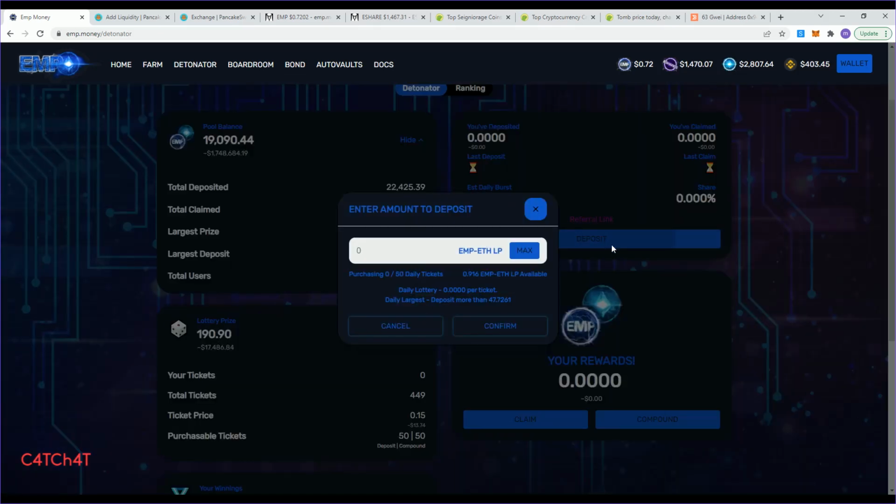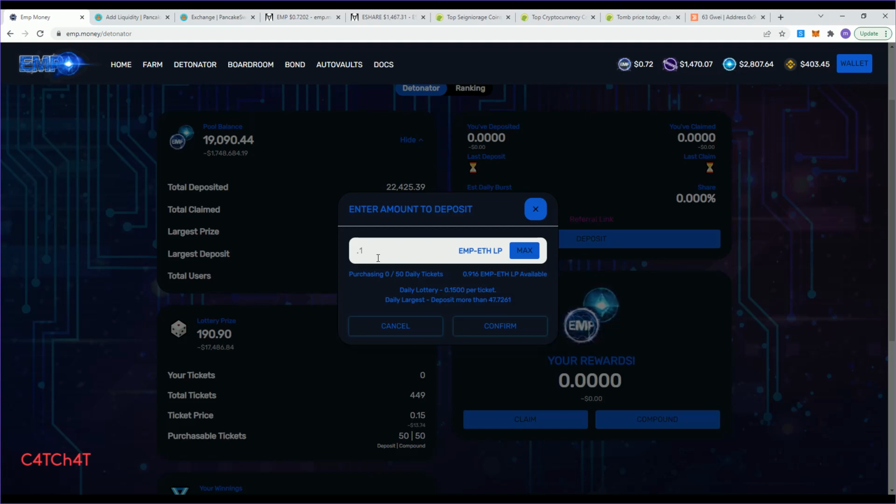So what I'm going to go in here and look at is, okay, I have 0.916 LP, but we need at least 0.15 for a lottery ticket. So I am going to put slightly over that, 10% over that actually.